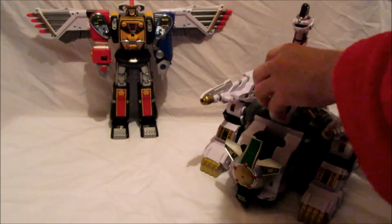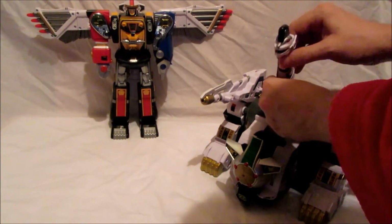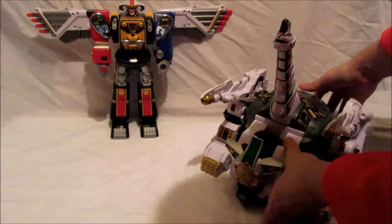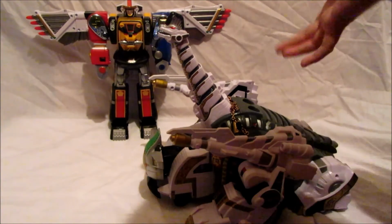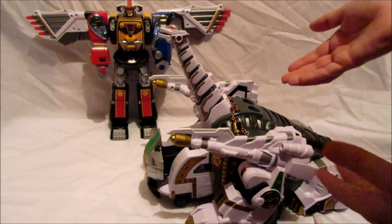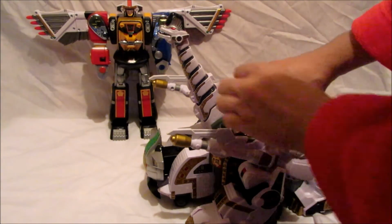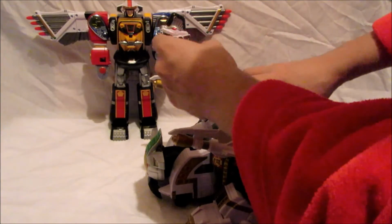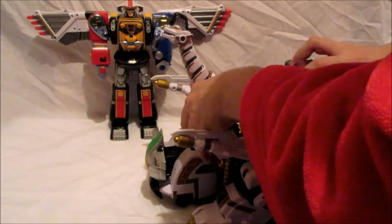So, what we're going to do is prepare him by simply getting his neck out straight like that. Now, before we can just go dumping him in, because of the Falconzord attached to the back, it's not going to go in perfectly. So what we've got to do is open this up. Move the chain for a second. Open this up, and then